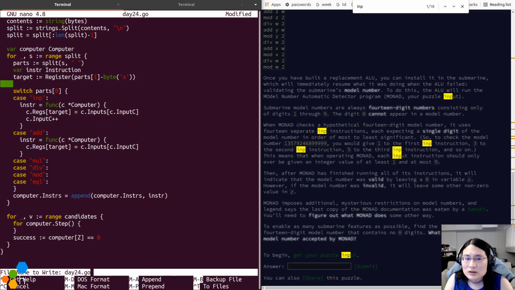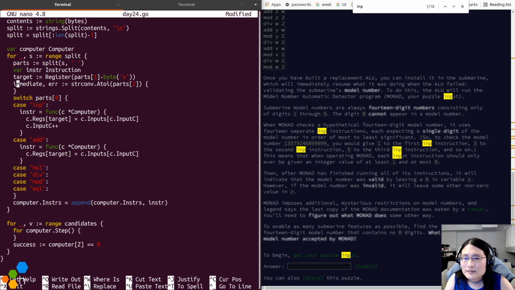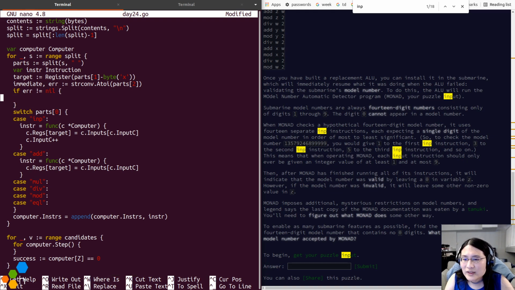So probably the best way to handle this is to just attempt immediate, error is strconv.Atoi of parts[2]. If error is not equal to nil, then instead we know